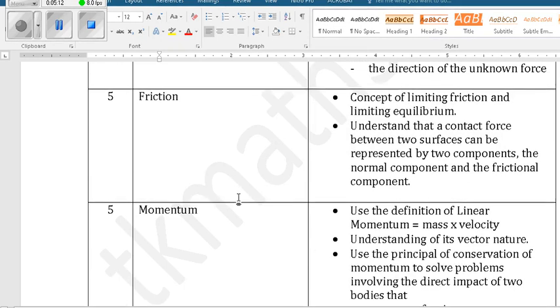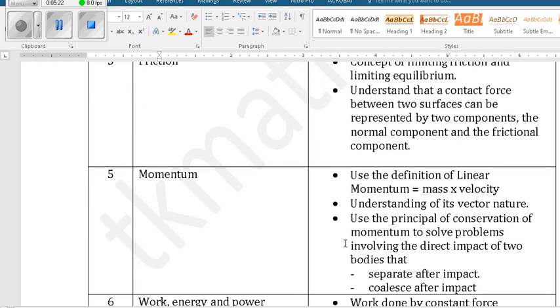Momentum. You will not find questions on this topic in past papers because this topic was introduced last year. So you need to see reference books, or Edexcel will have good questions on it. Like you practice from Cambridge CIE papers, you can download Edexcel papers and you will find good questions on momentum. But remember, we have a very limited requirement of the syllabus. In Edexcel, if you practice questions, they have more, like what is impulse and other things, which are not part of our syllabus. So you need to be careful.